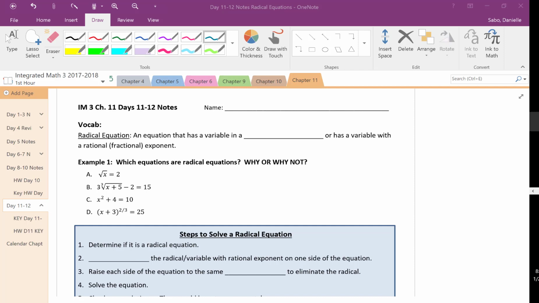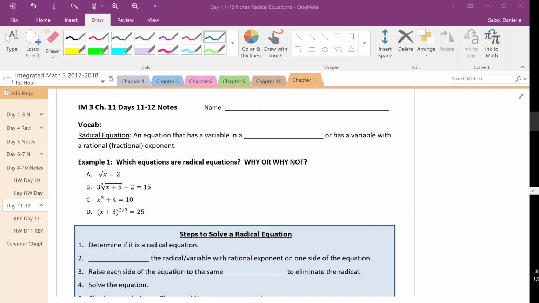Right, so today we're going to talk about radical equations. For the past, I don't know how many weeks we've been in school, there was no equal sign. Those were expressions. Now we're going to talk about what we do when we have an equation. So, radical equations, an equation that has a variable in